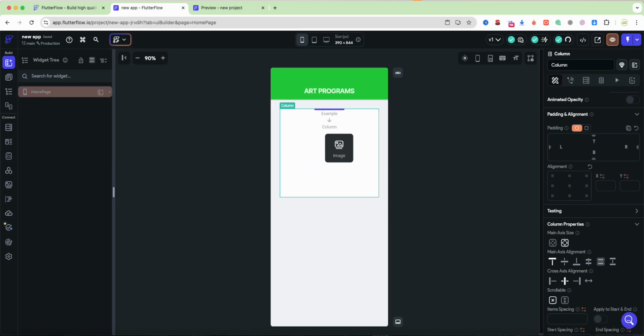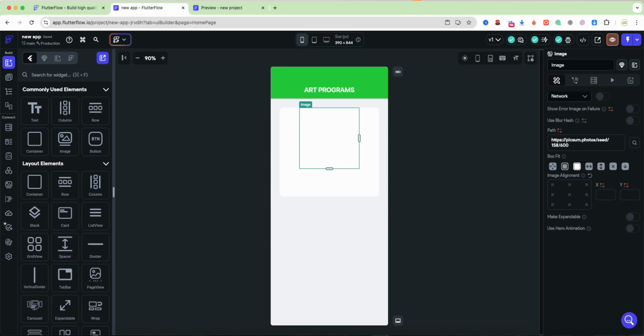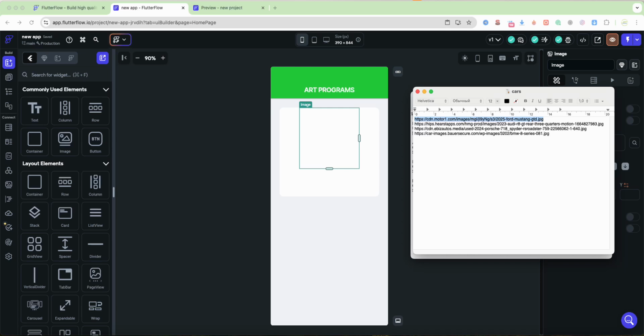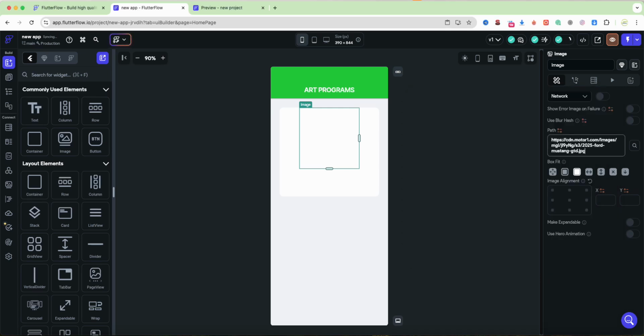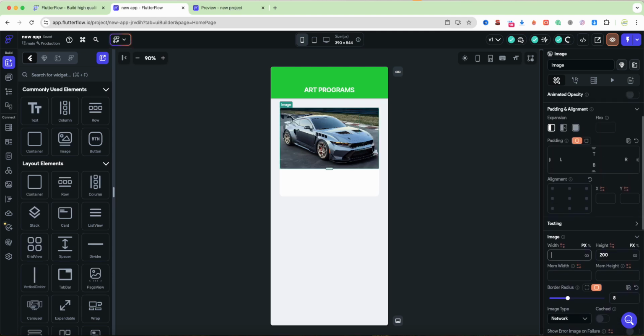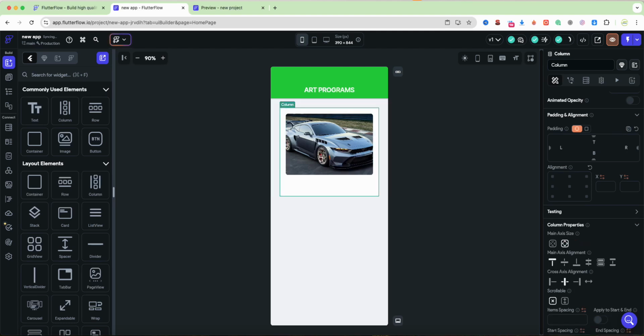Now we add widget column. Then we add widget image, add image URL, remove width, add padding 20, and now we add widget text,